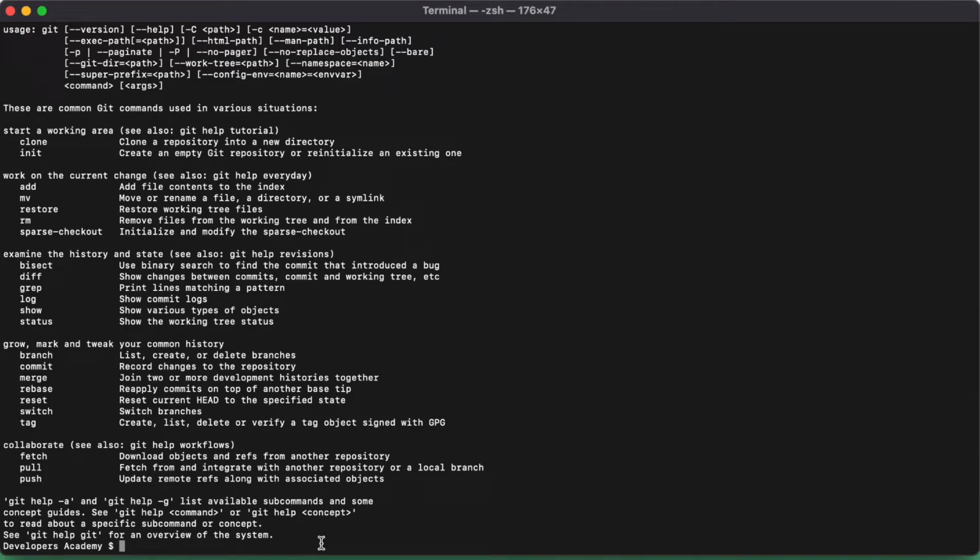So to configure, type git config --global user.name and provide a name.